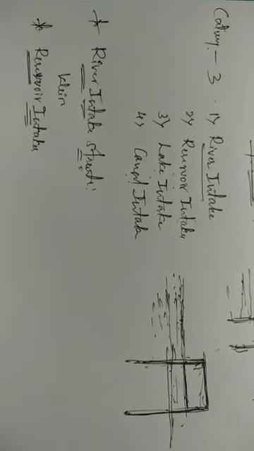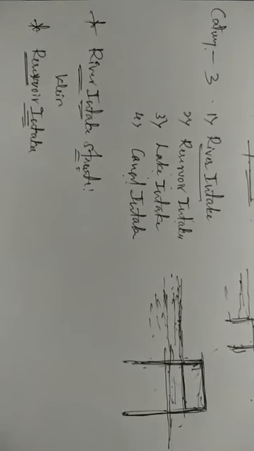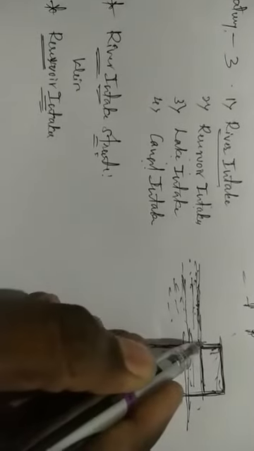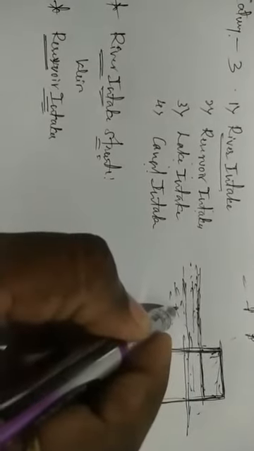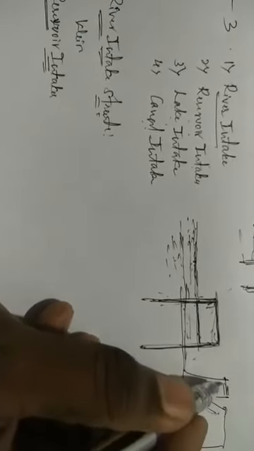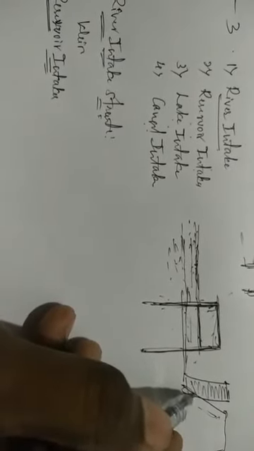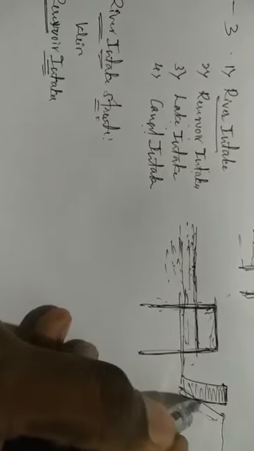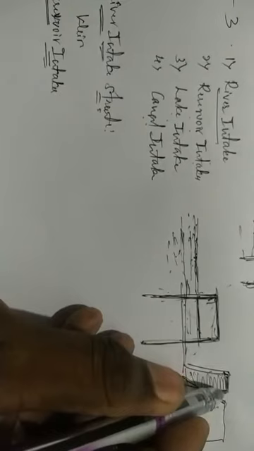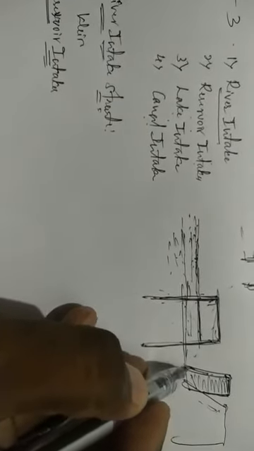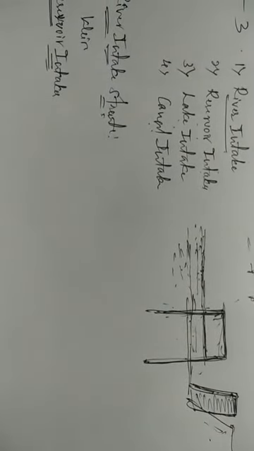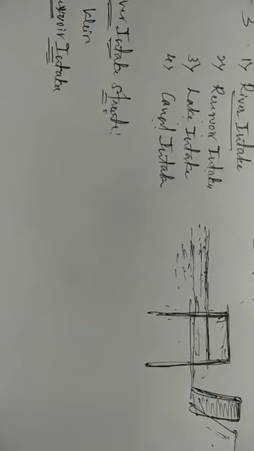Sometimes they may be located near the bank of the river, that is, river banks. So sometimes we construct these intake structures inside the river, or sometimes near the river bunds. When we construct near the river bunds, a sufficient quantity or depth of water should be available. In that case, we can choose a site nearer to the river banks. These types of structures are called river intake structures.